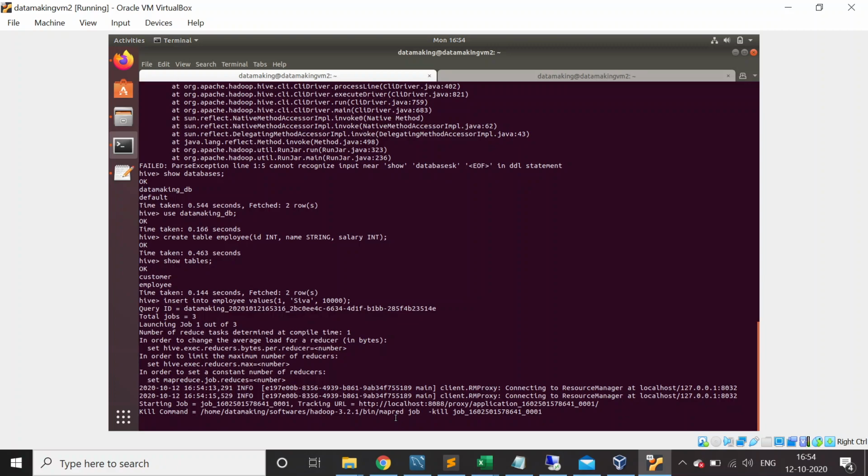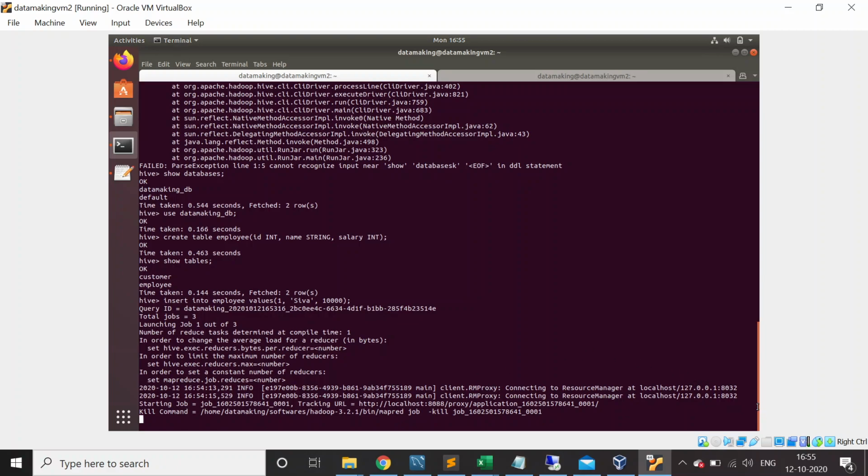So it is creating a job to insert data into the Hive table. Right now, by default, Hive will use MapReduce as the processing engine. You can change to a different processing engine like Spark or Tez. You can set the Hive execution engine equal to whatever engine you want to use, either Spark, Tez or MR. MR is the default one.